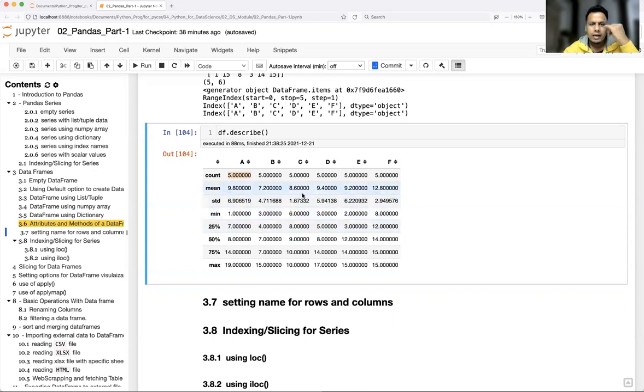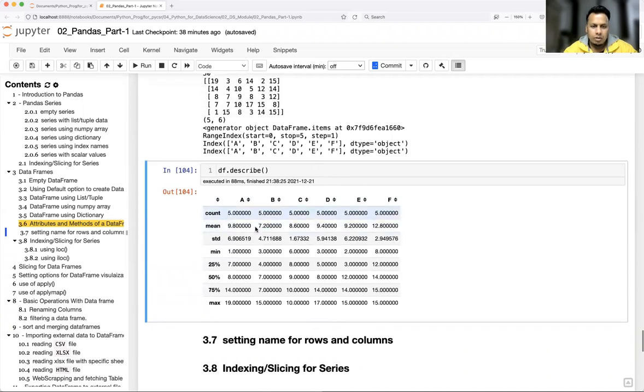If you see right at the end, describe gives one DataFrame where my row header names are count, mean, standard deviation, minimum, then the interquartile range, that is 25%, 50%, and 75%, and the max. And the columns stay as they are, named A, B, C, D, E, F. We'll talk about this a little more when we talk about real-time data.